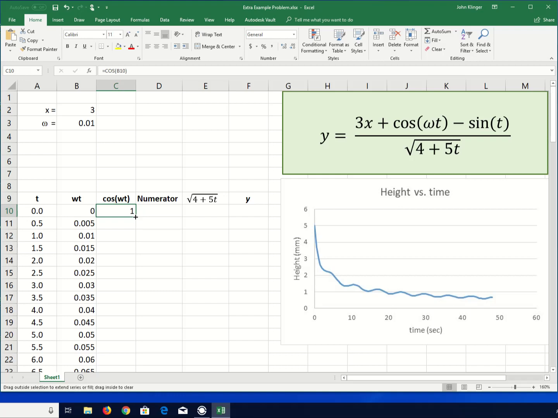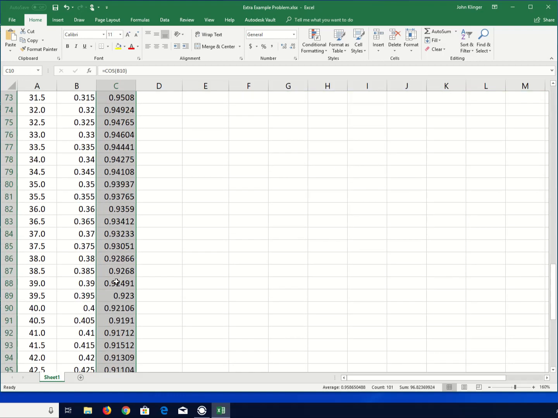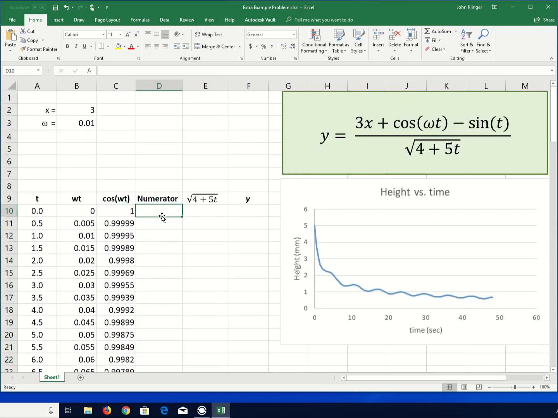So if I click that down, you will see that it changes as it goes down. Okay. So now we can calculate our numerator. Our numerator equals 3 times, and I'm going to make this absolute because it's a constant, plus our cosine, and I'm going to leave that as relative because I'm going to copy it down as it changes with time, plus,